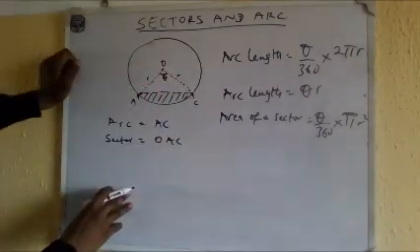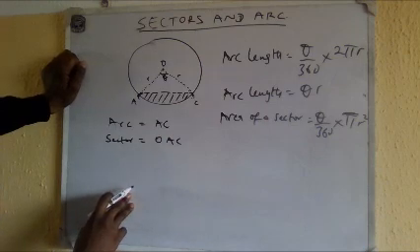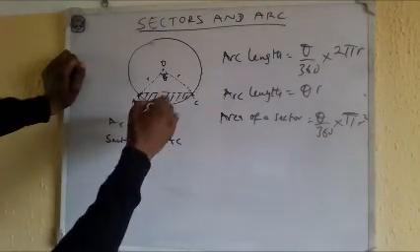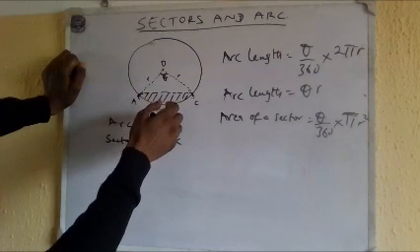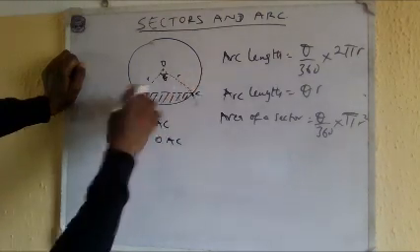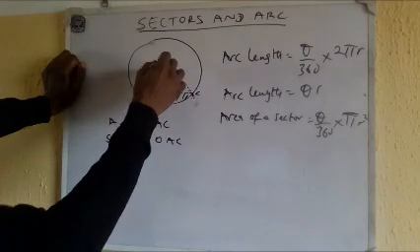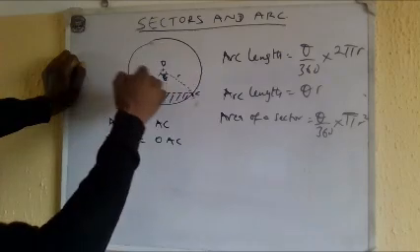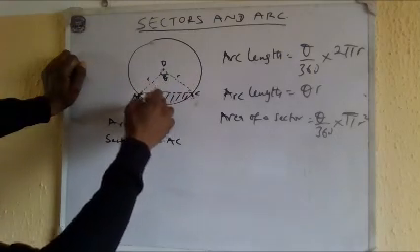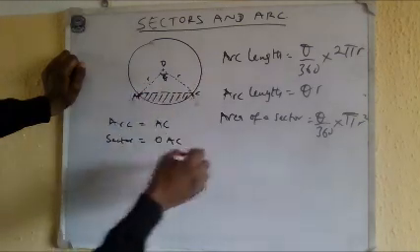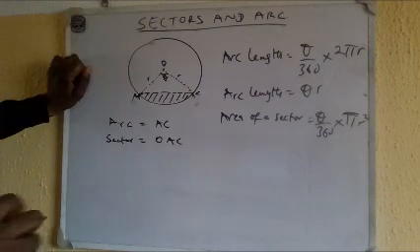Okay, so now let's do it like this. If I have this now, OAC. C is this point, A is this point. You understand? Now you know that OAC actually is the triangle. There's an arc that comes up like this. You understand? If I want to find the area of the segment,